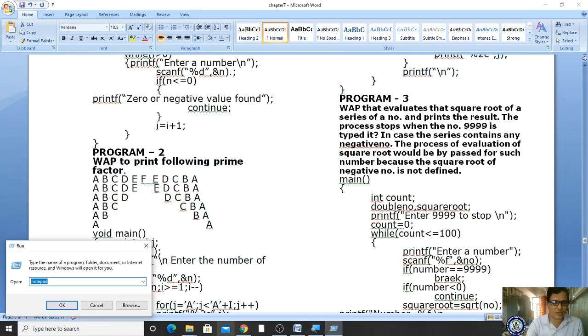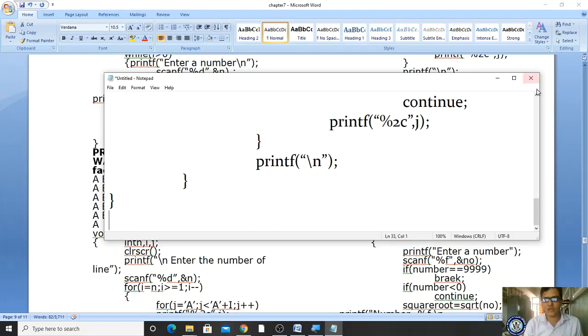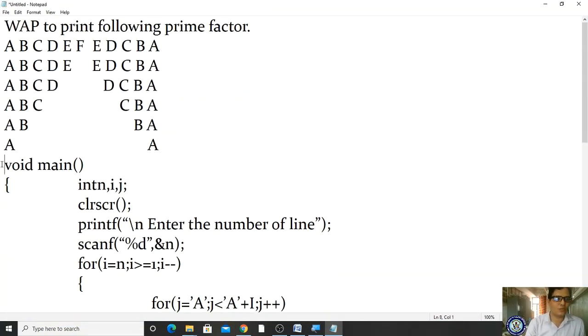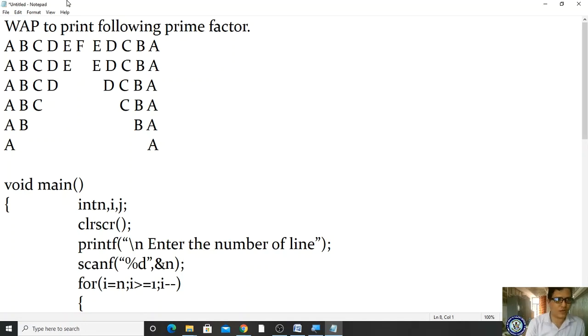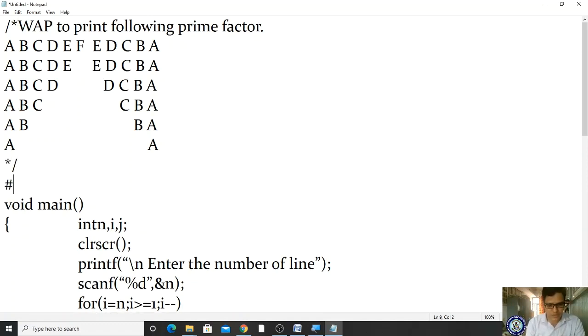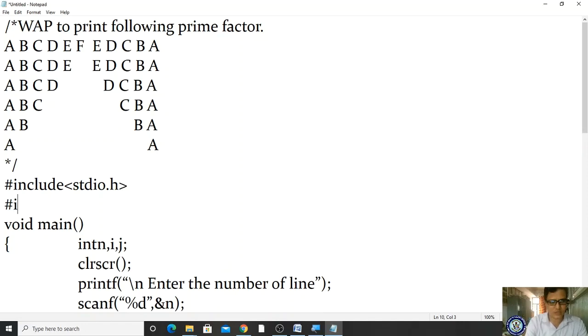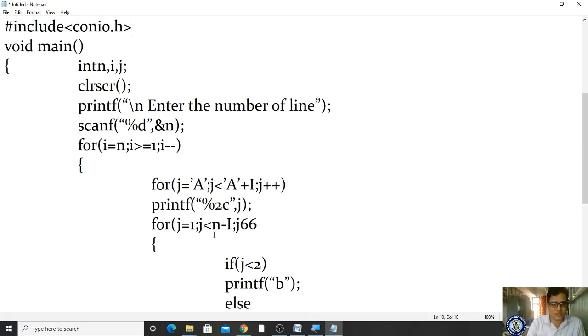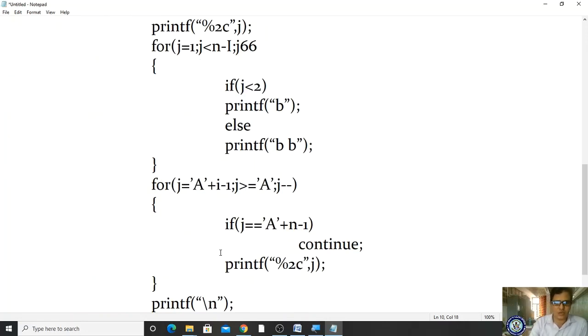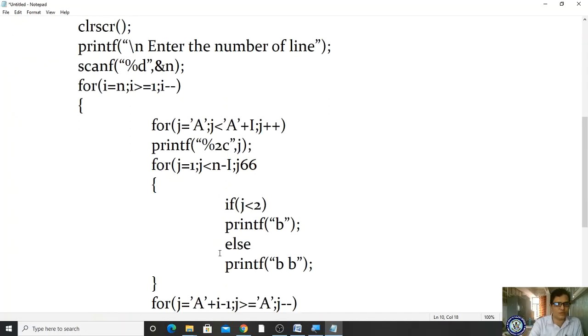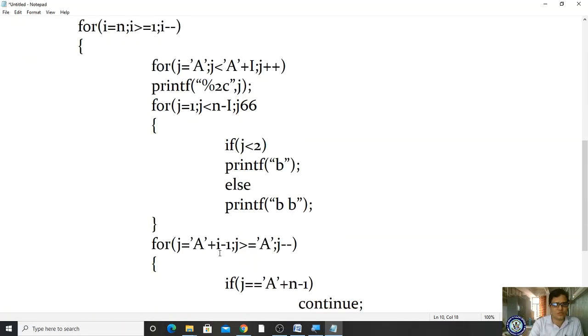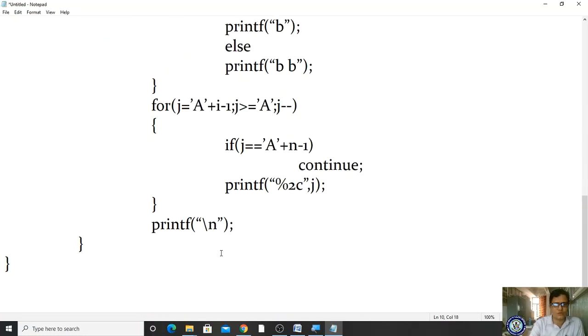Let me run Notepad and paste, and I'm coming here, right? So this is our program to display. For displaying this program, these are the characters, right? You have to see what actually I'm doing. Okay, in this, hash include stdio.h and hash include conio.h exist. Now let me see what I am printing. Oh, sorry. To understand this concept, we have to learn nested for loops.